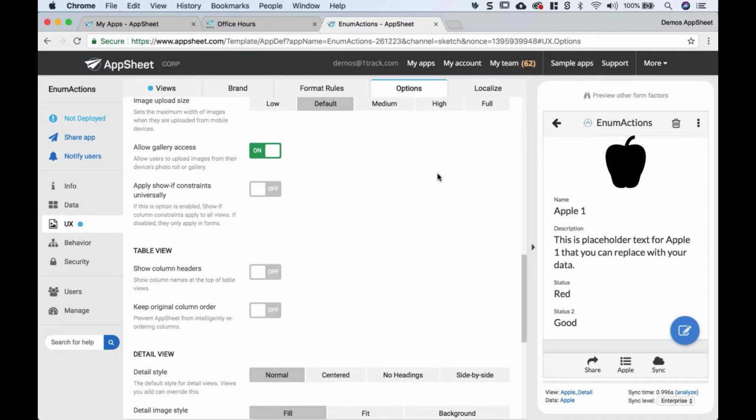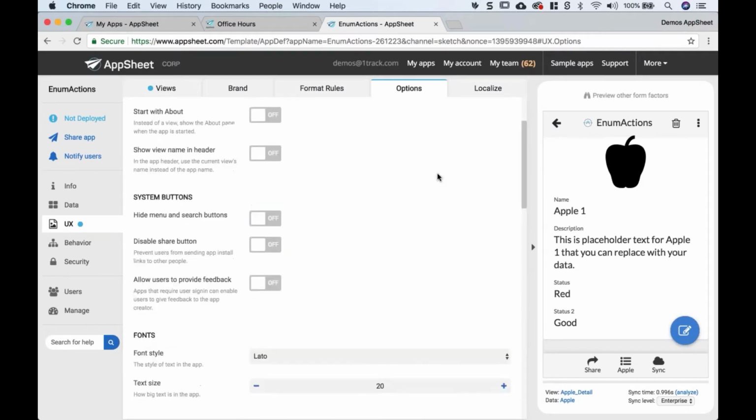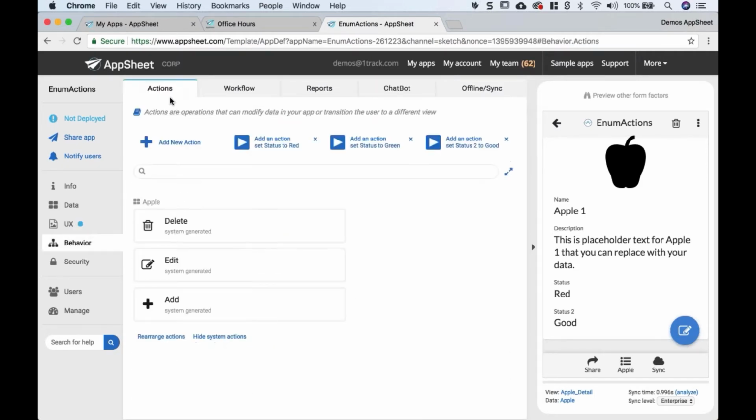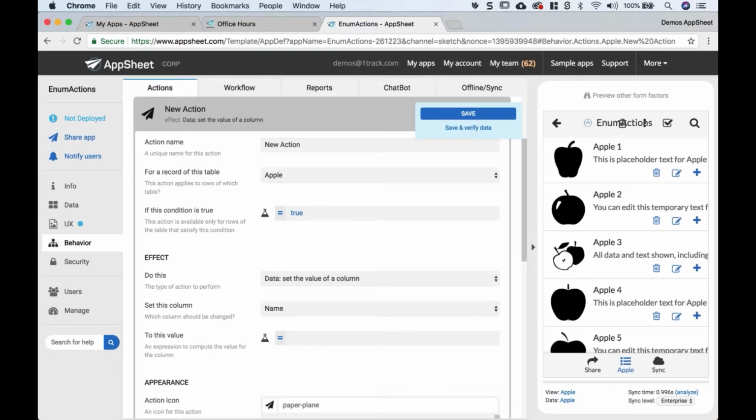Let's assume that one. So to do that, we'd go to behavior, and then we would go and create an action for it, right? And how are we doing on time? We have 7 minutes, so I think that's enough for the demo. So let's create the green action